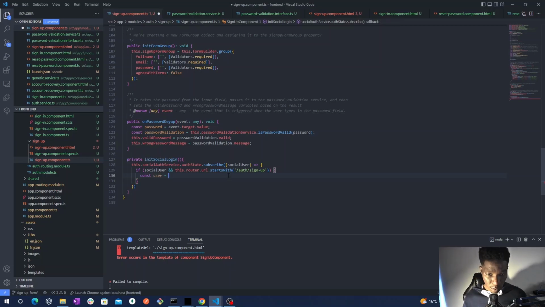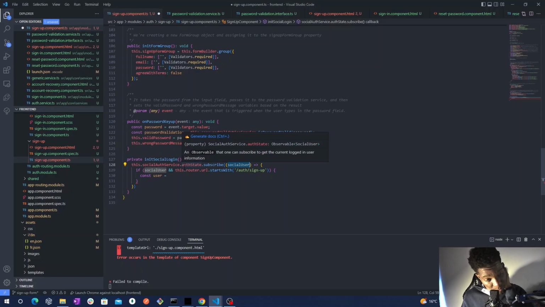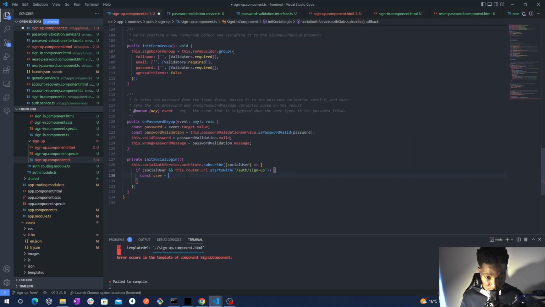So actually the user we get here will be the user from Google or Facebook. So this service will provide us the user, so we don't need to retrieve this data anymore. This service already did that for us. So what we need to create is our user on our site. So we say new here, and we say we want